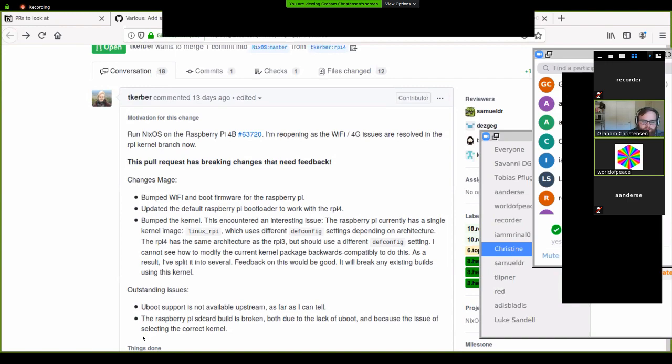So I guess I'm not sure where to go from here. I think in principle I'm in favor of making NixOS work nicely and easily on the Raspberry Pi 4B. Can you talk about the breaking changes and who's going to suffer from that, but who's also going to benefit? Right now, there are no breaking changes. It's only new stuff.